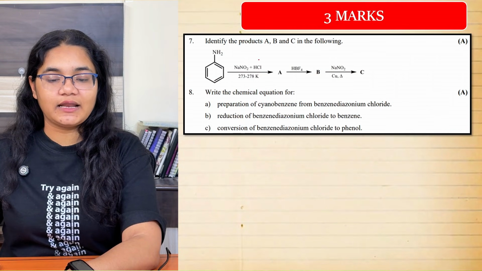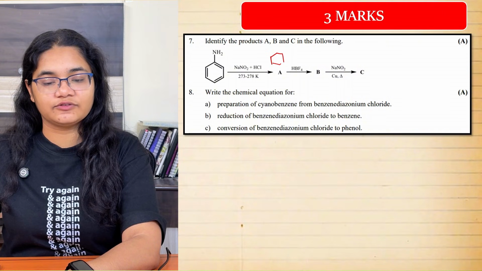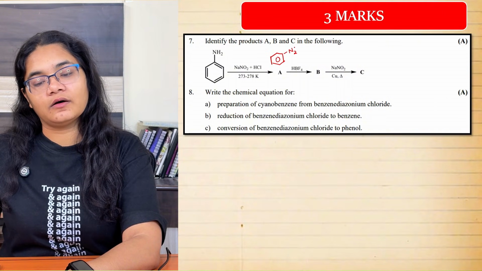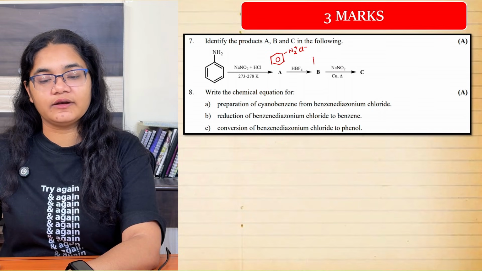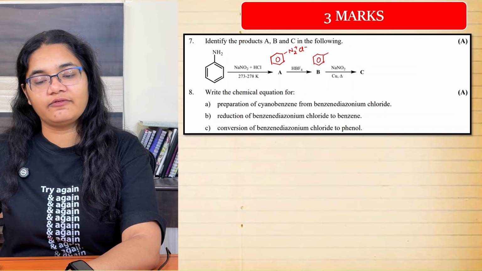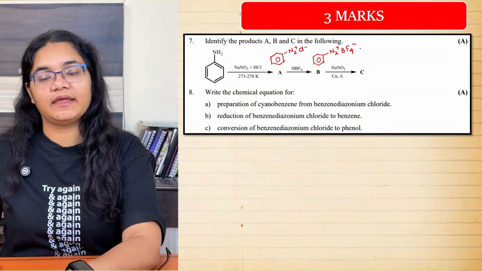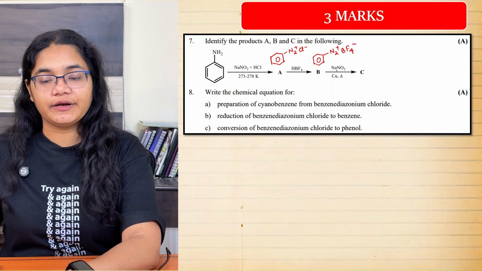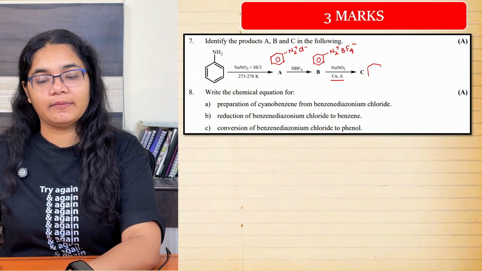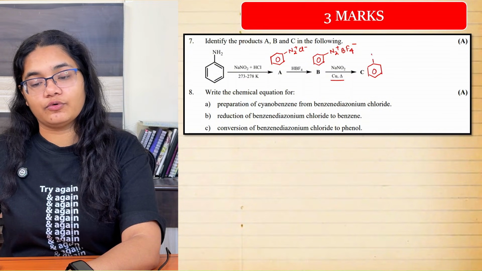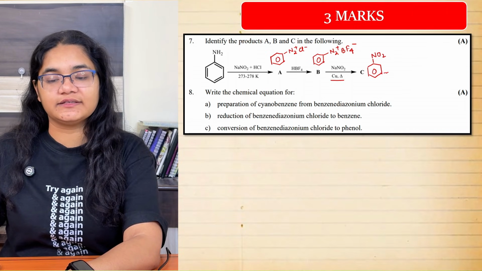Next, question number 17, identify A, B and C. So this question we have just solved. First of all, here I will get benzene diazonium chloride. Then HBF4, what will it do? It will give us a product like this, where I have N2 plus and BF4 minus. Now after that, when you treat it with NaNO2, Cu and heating, the main product is the nitro group, NO2, and then some byproducts are also formed here, but this is the major product here.